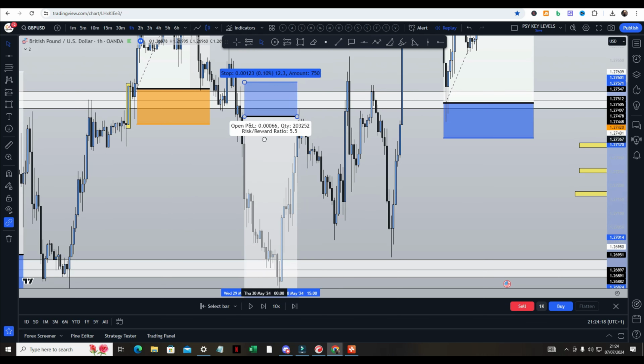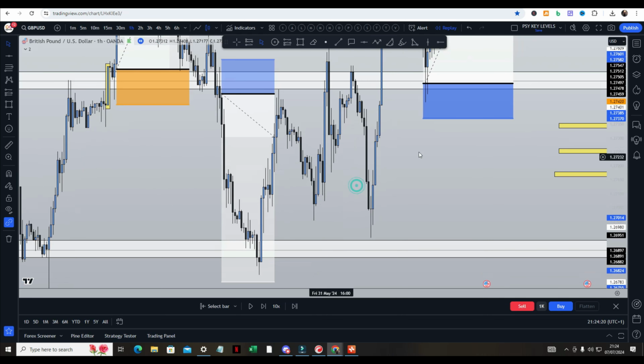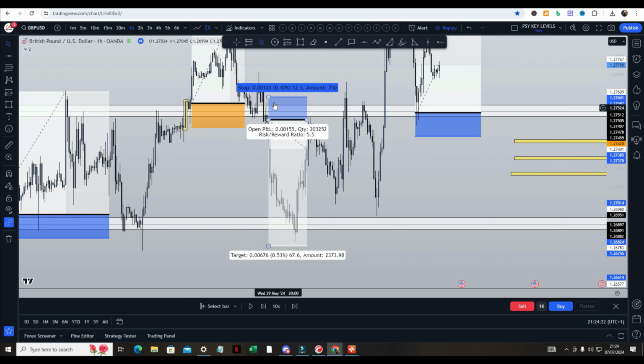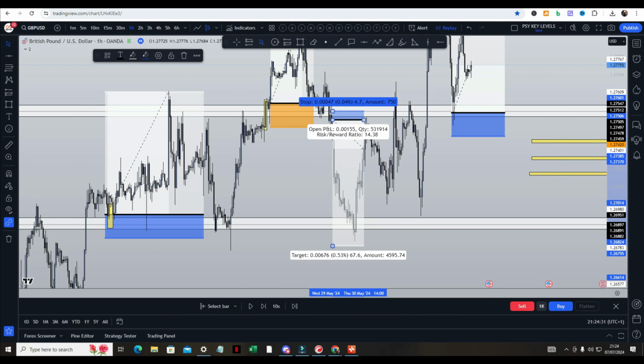Always have that patience. You could have even entered from here. This would have been safer. I'm not a believer of, guys, oh yeah, your stop loss should be above the wick from here, it should be even further up. Nonsense. I do my strong backtesting, which I'll even show you guys. One moment. Look at this.